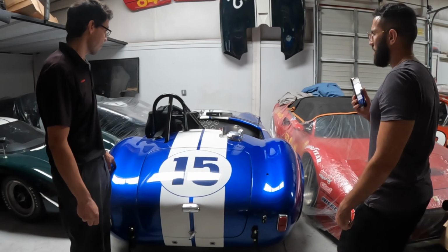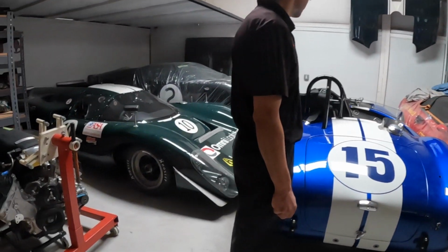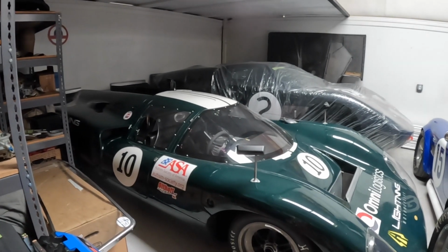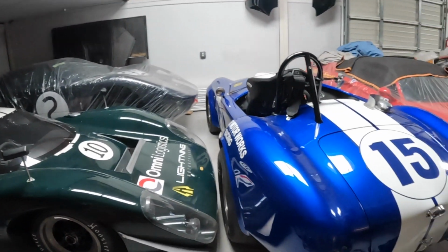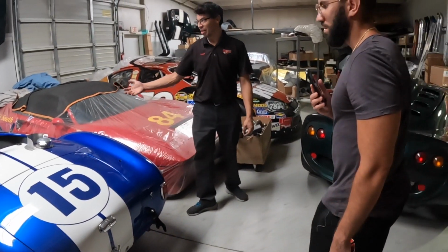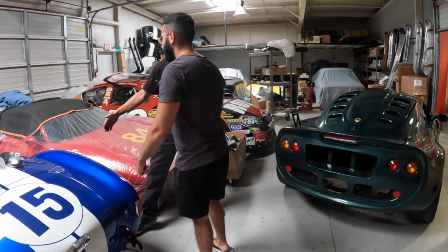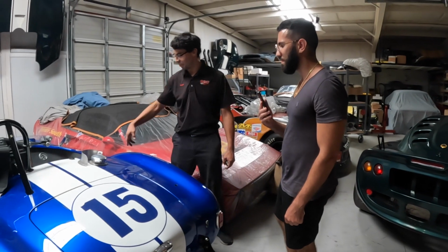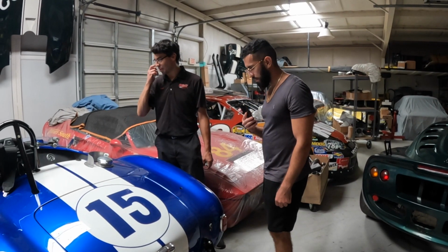Is there a reason they do the windshield like this? Just aero. Okay. Less drag. It's not a safety issue or anything. It's just aero, less drag. You can pretty much run without a windshield, but you have some windshield. You force the air over the top of this instead of trying to crash into this. Although probably with the turbulence in here, the air will probably go over the top anyway. But...